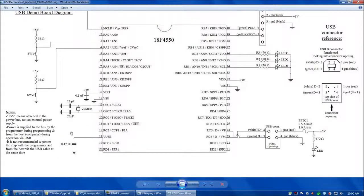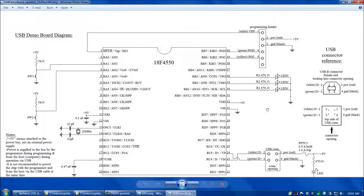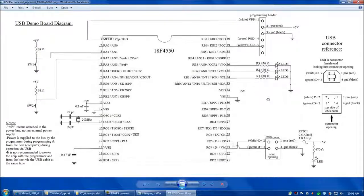Then we have our USB cap on pin 18, and then on the other side we have our USB connector on pins 22 and 23. And then we have 3 LEDs to demonstrate output from the chip, and then our programming header, and that's it. So next, let's